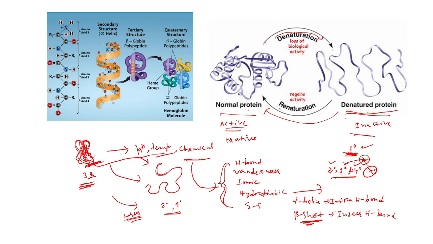What is renaturation? That means simply if we remove the denaturation agent, let's say the pH, temperature, chemical, if we remove these factors, then only the denatured protein can renature again to form the native. That means then only it can activate or be a functional one. So next come to